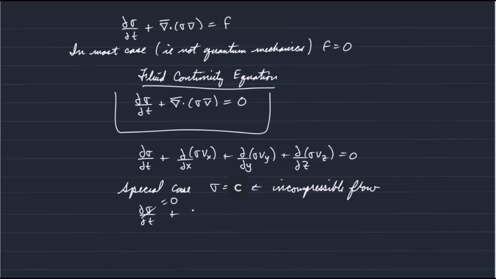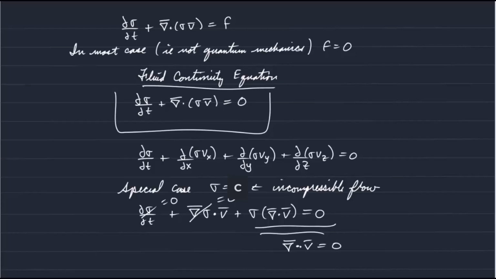And if we carry out the del operation on sigma times v, we would get the gradient of sigma dotted with v plus sigma times the divergence of v is equal to 0. And if sigma is constant, then the gradient of sigma is equal to 0. And so we're left with the final continuity equation of the divergence of v is equal to 0 for incompressible